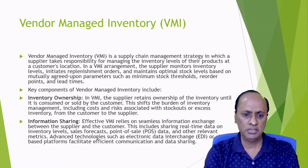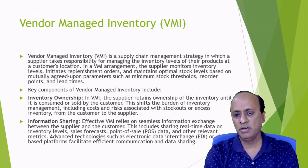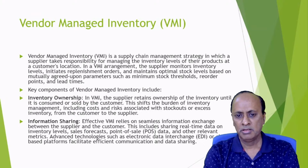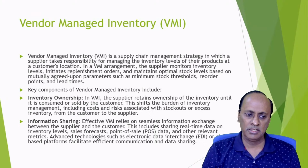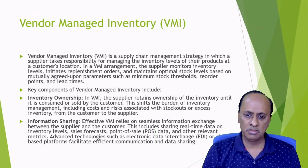So key components of vendor managed inventory include inventory ownership. That means when you talk about vendor managed inventory, the supplier retains the ownership of the inventory until it is consumed and sold by the customer. That means here, in vendor managed inventory, the supplier is the owner till it is consumed and sold by the consumer. This shifts the burden of inventory management, including cost and risks associated with stockouts or excess inventory, from